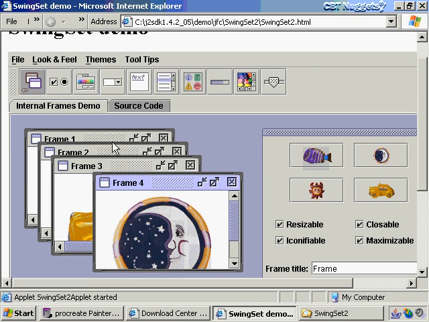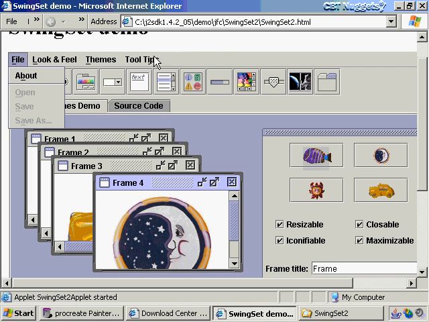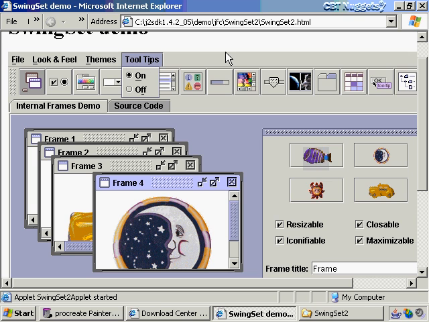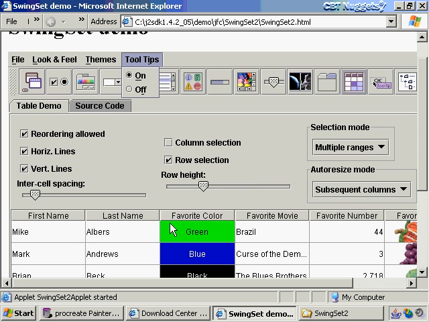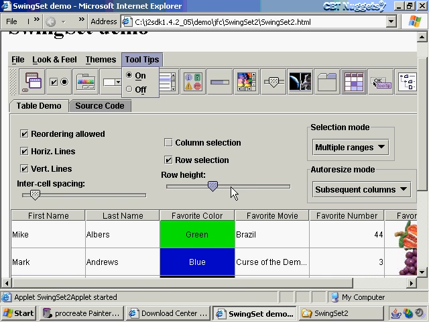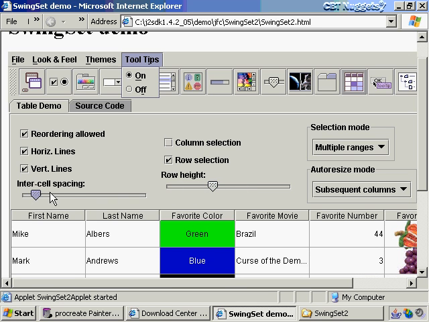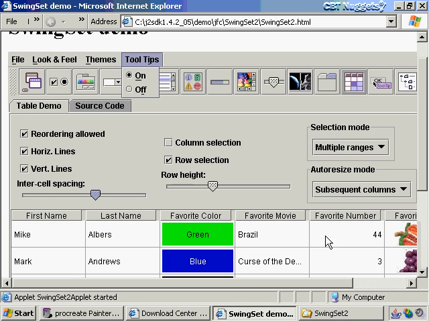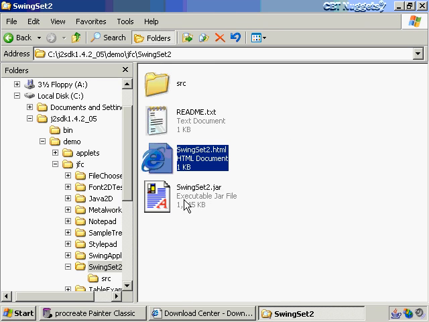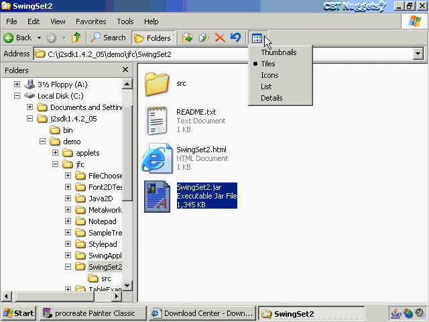I can create frames with Swing, buttons. Now, this is operating inside of a web page, which is really cool. Also, look at this. Cool tables where I could use sliders to adjust the tables. I can do various things like adjust the cell spacing, use column selection here if I want. You can see I've enabled column selection, all sorts of things. Now, if I don't want to run inside of a web page, look at this. Here's the